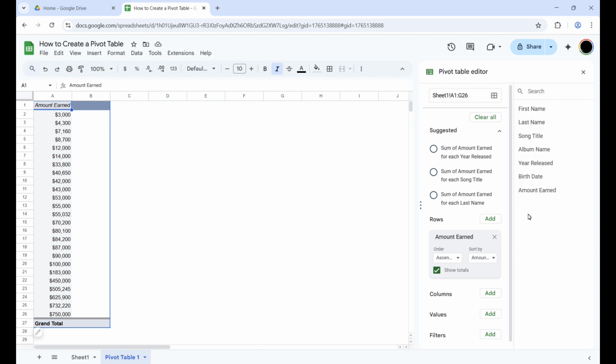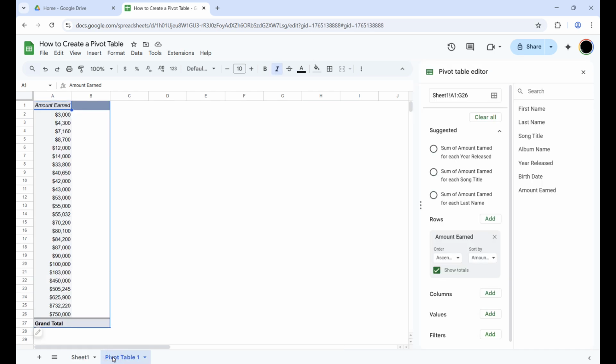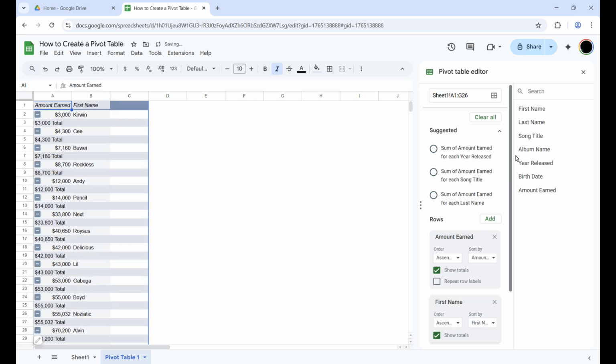See, if you notice, these are all column titles from Sheet1 that has the data. So however I want to see this information, I can arrange it in a pivot table to show me the information how I want to see it. So I've added amount earned, and then we can add the first name, the last name,